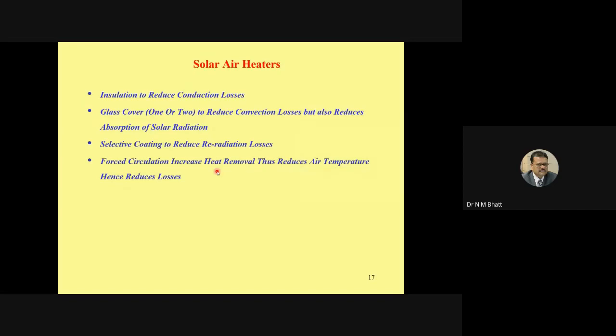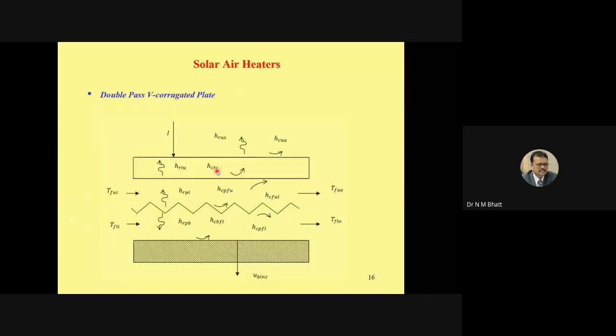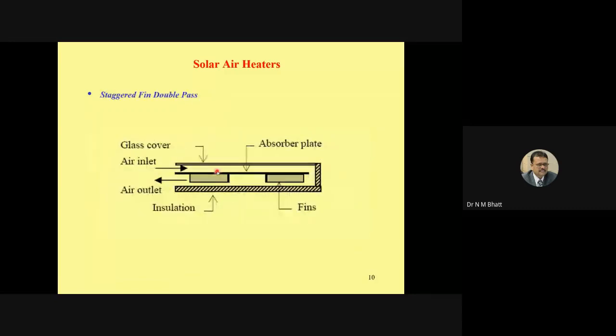So remember, 1, 2, 3, 4 and 5 and 6, 7. These 7 are selectively taken prior art, the current state of art. If you really browse solar air heaters, you will find many other designs. But just to set the stage, just to give you information regarding the various modifications and methodologies employed in solar air heaters to improve the performance, they are discussed over here.